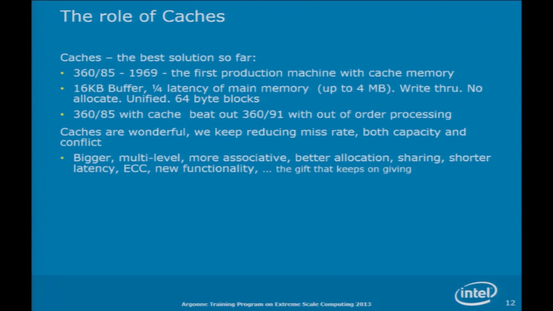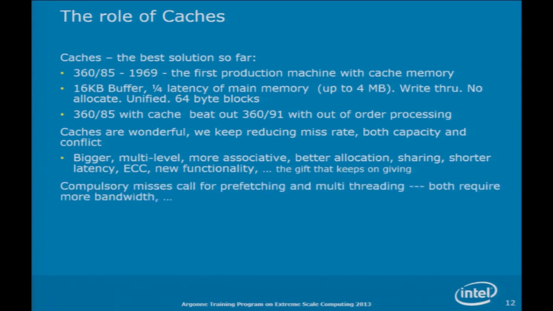The 360/85 actually came out roughly at the same time as IBM's maybe most famous 360 machine, which was the 360/91, which was the first serious computer to do out-of-order processing. And it was actually a very elegant design. Some of the lasting features from it is something called the Tomasulo algorithm, which is how you do register renaming to make out-of-order processors work today. So those same algorithms are actually still in play in Intel chips now and in IBM chips.